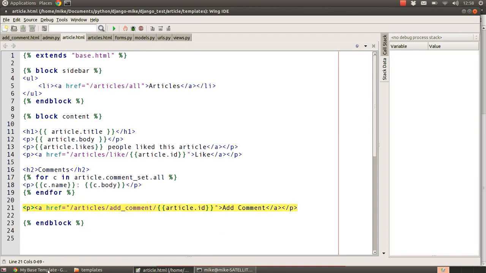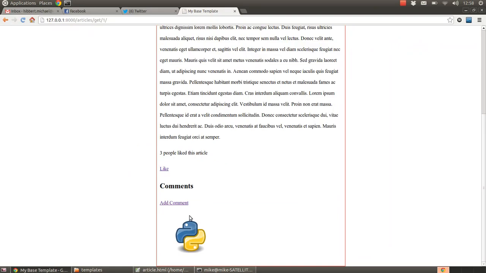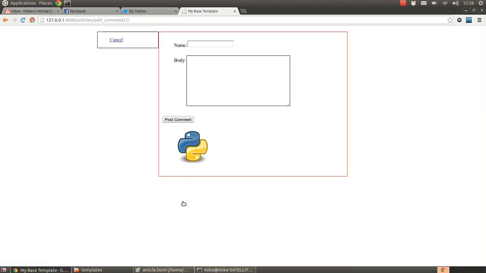So that's just quickly showing you how I did that. You can see there are no comments here, but there's a link to add comment, and as you can see down in the bottom left hand corner, that gives us the URL articles/add_comment/1. So let's click there, and here we get the page where the form has rendered itself as HTML. So let's just quickly add a little comment,